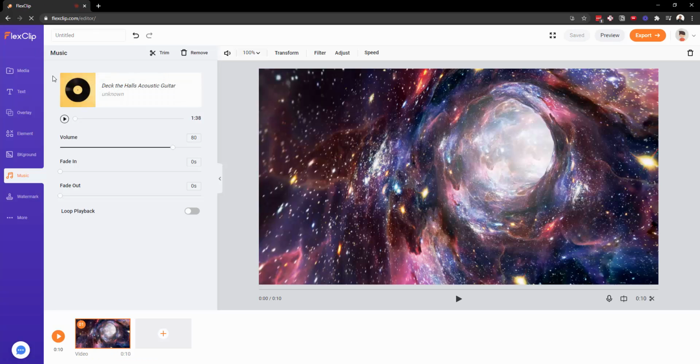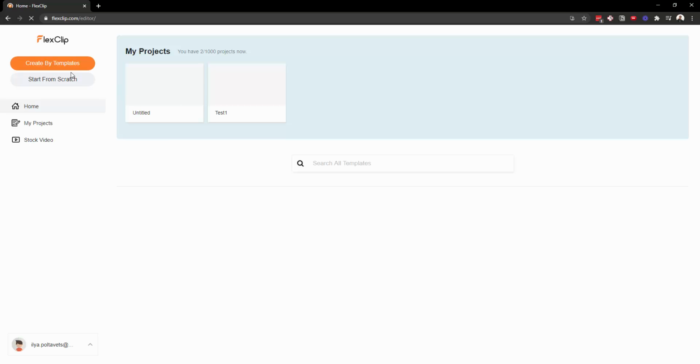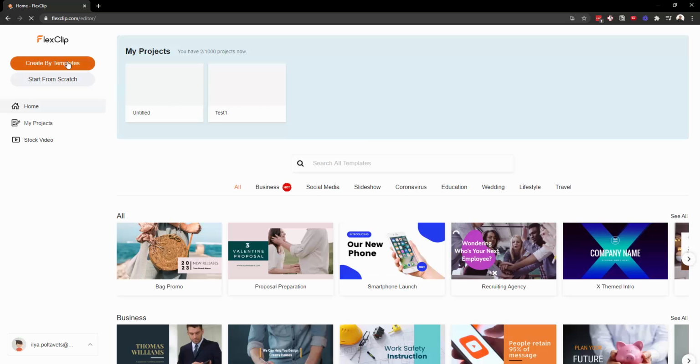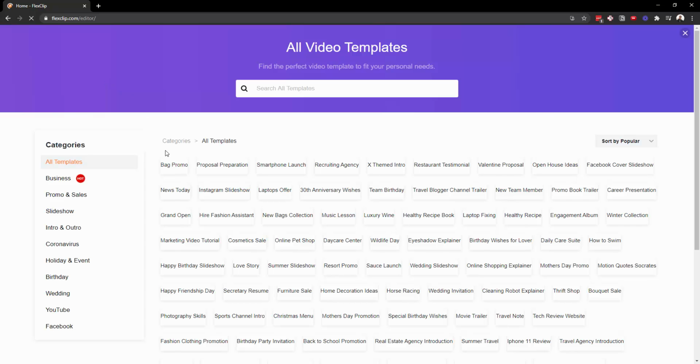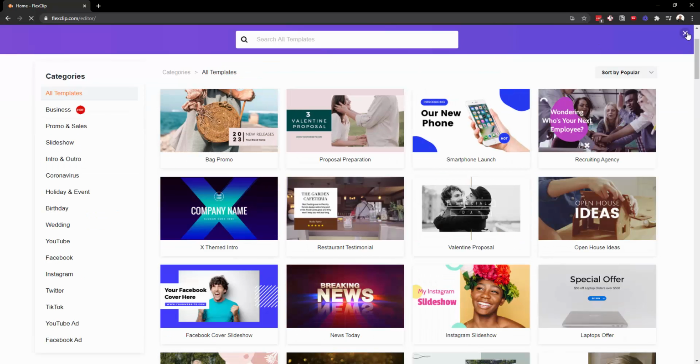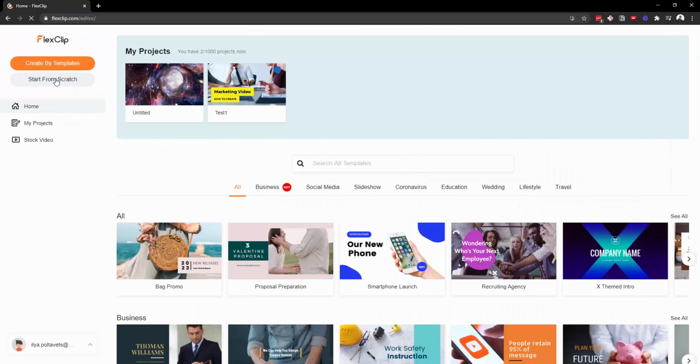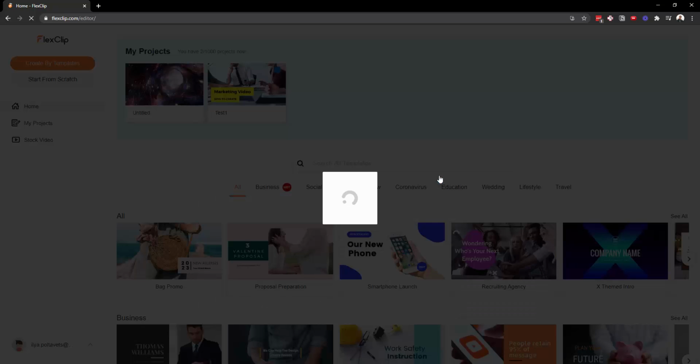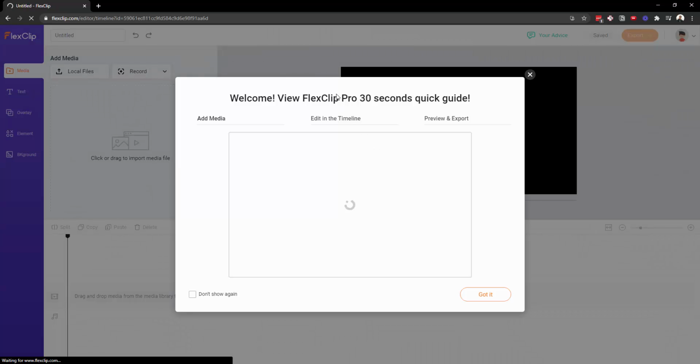Now, if I try to create it using the different mode, maybe there I could add multiple soundtracks, but I don't need templates. I need from scratch. Start from scratch. Timeline mode. Let's try the timeline mode. It is an open beta, so it may not have all of the features that I'm necessarily looking for. But let's see if it does have